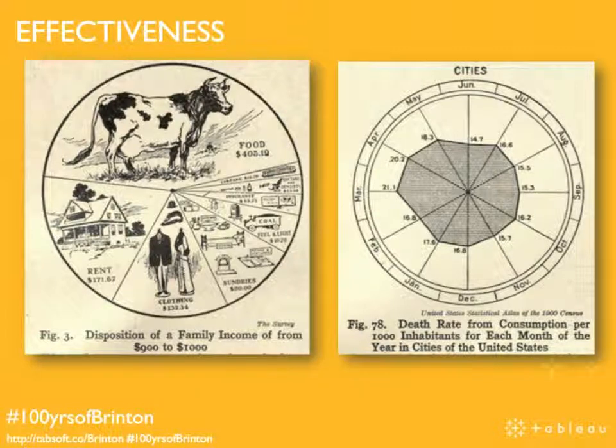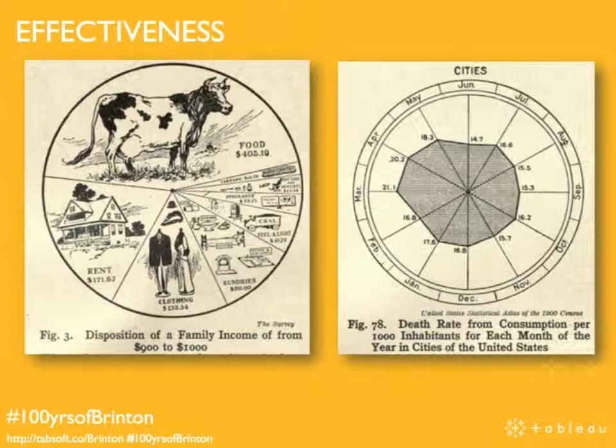And I show you these two charts because already Brinton was full of examples of ways not to visualize data. You can see that the one on the left is figure 3. This was on the second page of the book. And he was like, we have to stop people doing terrible circular charts. They hadn't called them pie charts back then. Because he knew pie charts and radar charts were not effective ways of showing data.